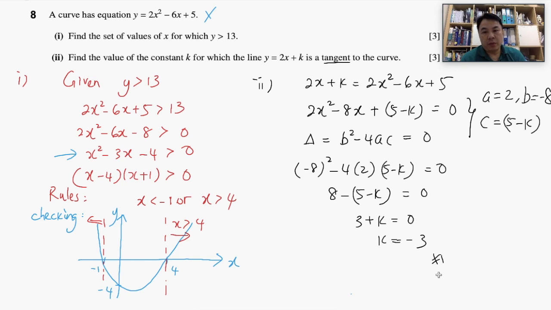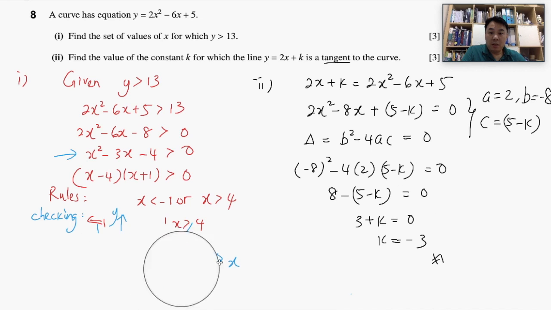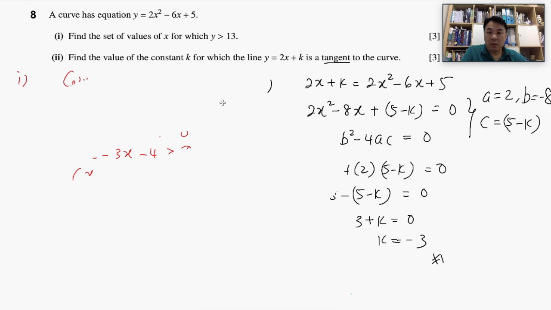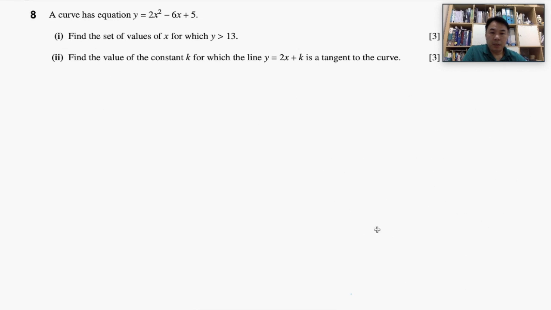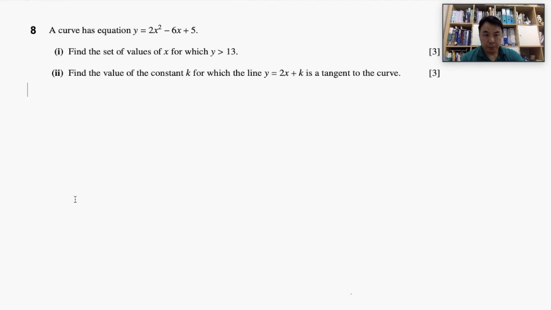Of course, you can verify it more thoroughly to ensure the k is correct. Here, I'm just doing a rough mental mapping to verify my k. So I hope if you like, do go ahead and check it thoroughly. Okay, just let me check if there's an extra question here. Okay, no, done. And now I'm going to move on to